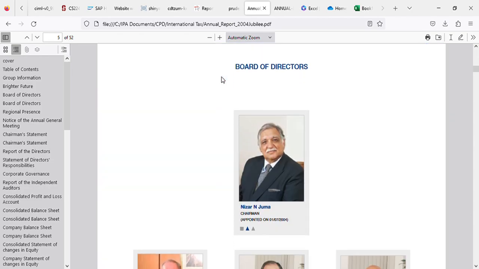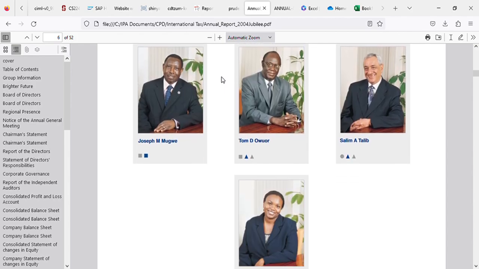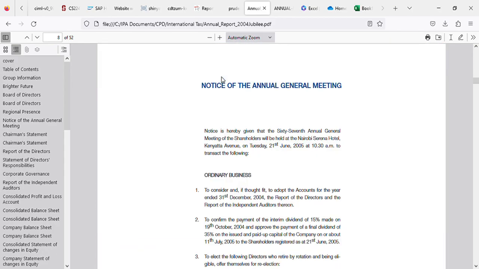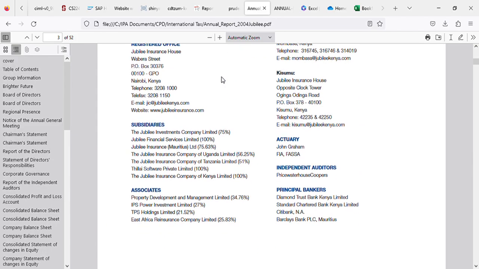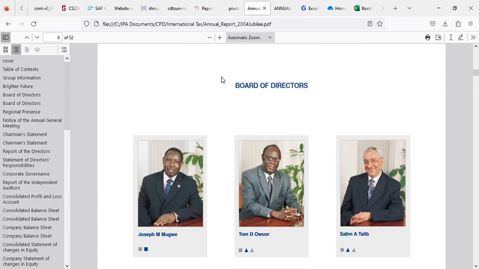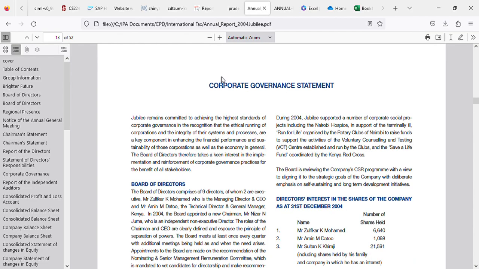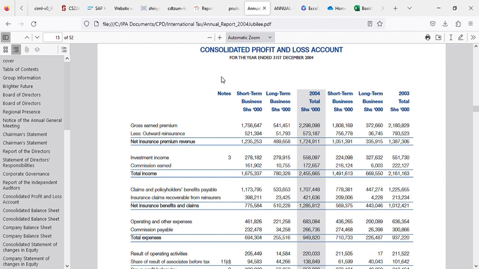You can see their chairman, Mr. Juma, managing director, Mr. Hu, all this information, regional presence in Kenya, Uganda, and Tanzania, who are their auditors, their branches, registered office. Their auditors, PricewaterhouseCoopers. Wow, that's nice. Big money. So in order to check whether they were compliant with IFRS 17 when they prepared these reports, you have to go through all this information. And it's showing here